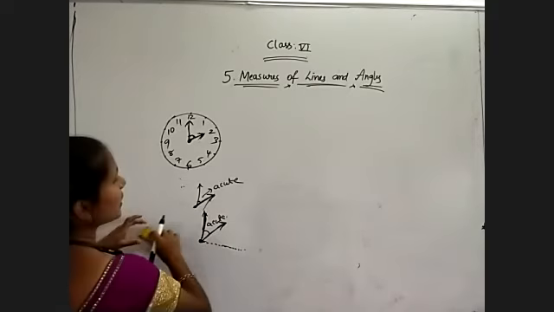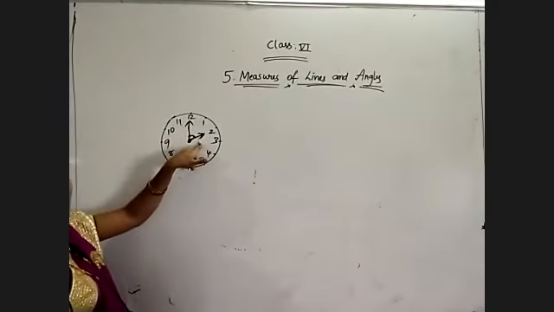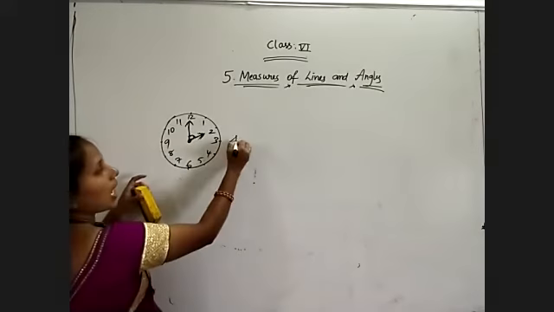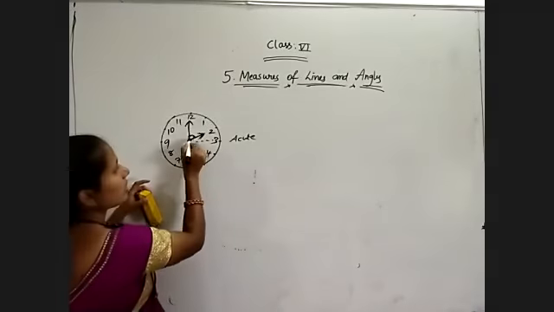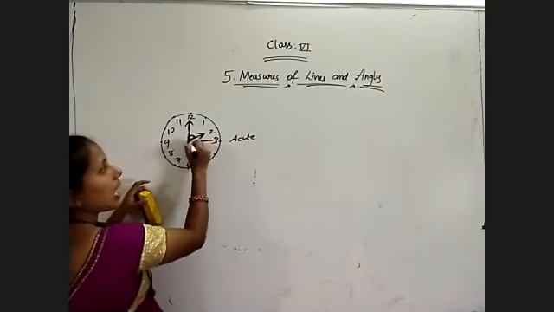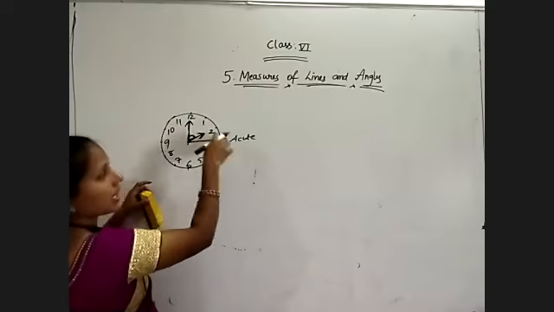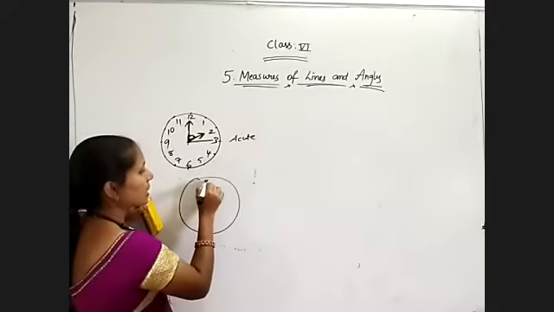Now, which type of angle is forming if the hands of the clock are showing this? It is an acute angle because it is lesser than 90. This is my base arm now. For this, 90 degrees is this one. The other arm is below 90 degrees, so it is an acute angle. Now for suppose I have the hands of the clock like this.